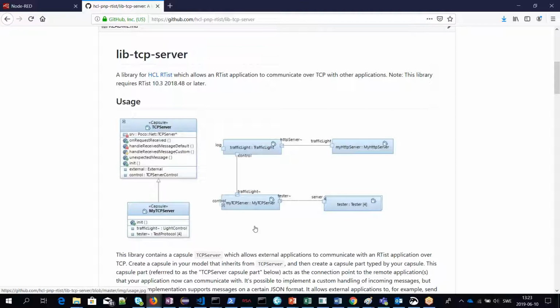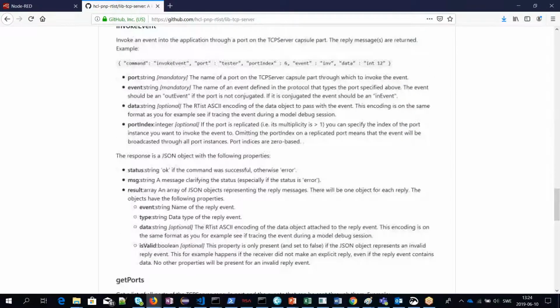That basically has a small TcpServer which allows an outside application to send commands to the application, in order to, for example, send events on the ports on this capsule, invoke events, and do some other things also. One thing that was missing before was being able to reply on invokes. Assuming that this capsule could invoke on this traffic light, but if the traffic light would perform an invoke that would go to the TcpServer, that would previously not be possible to reply to, and the application would stop. So in this sprint, we improve that by